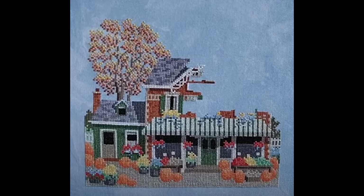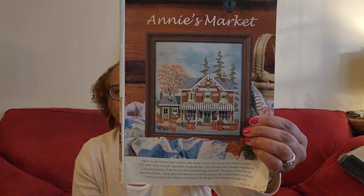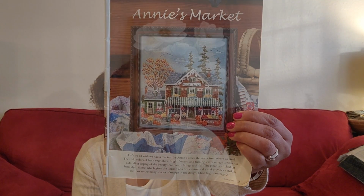Oh, first let me show you the project. It came from a magazine, Just Cross Stitch Magazine, October 2004. I have made some good progress, but besides One Dozen Quakers, this is one project I also really would like to finish in 2024. So it's going to get some significant time this week, even though I'm probably not going to get to work on it very much